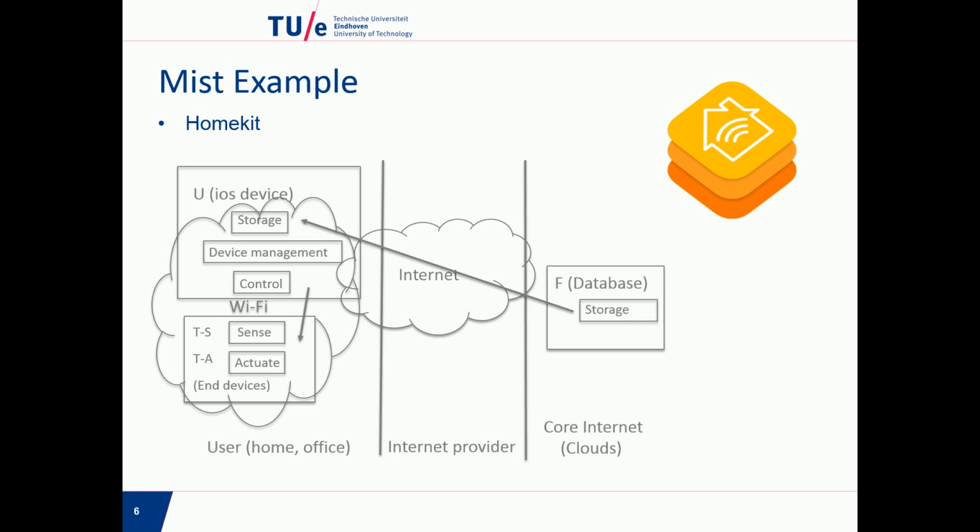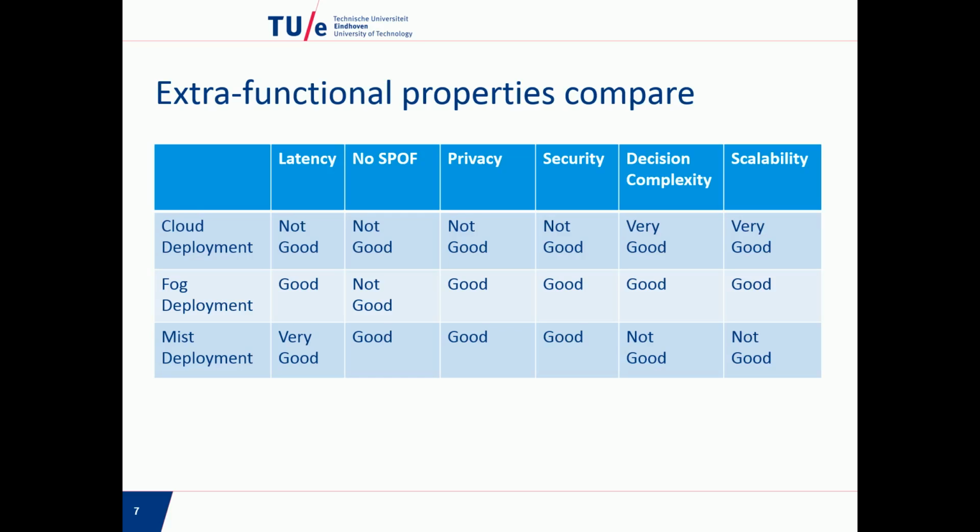The personal and device information is secured and protected inside the user's iOS devices. A control function and the device management function are both placed locally in the user devices. After analyzing different IoT system deployment examples, now we can compare different extra functional properties of fog, cloud, and mist